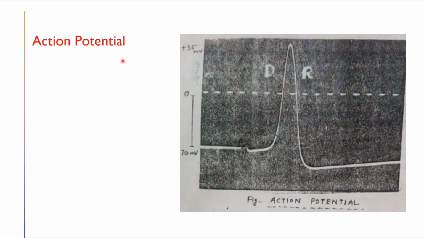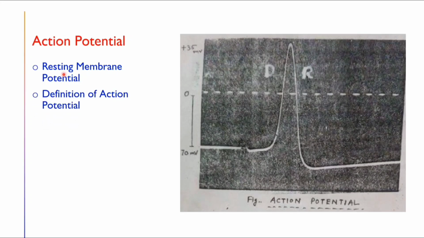So, action potential. Now before we start action potential, you should know one term that is known as resting membrane potential or RMP. Now the name itself suggests it is the membrane potential of any excitable tissue at the resting state. For example, in the small nerve it is minus 70 millivolt. For larger nerves and skeletal muscle, it is minus 90 millivolt. So membrane potential at the resting state is known as resting membrane potential.